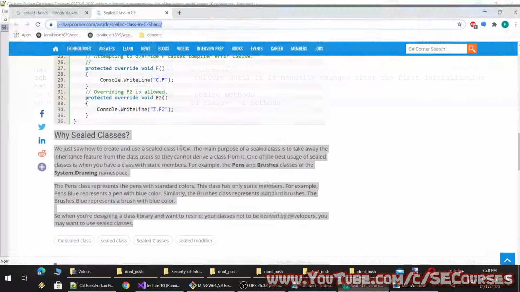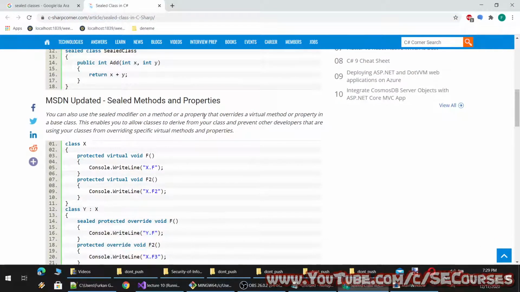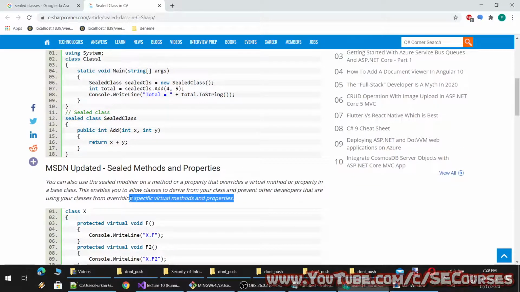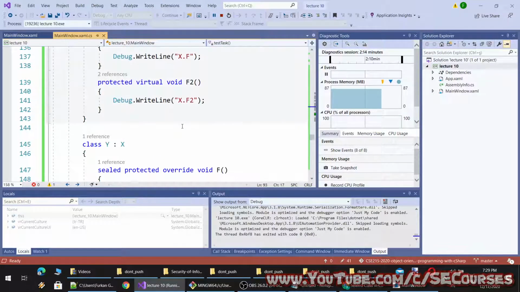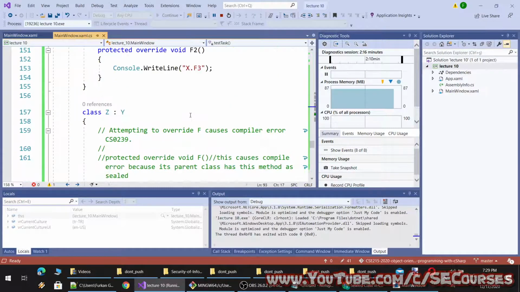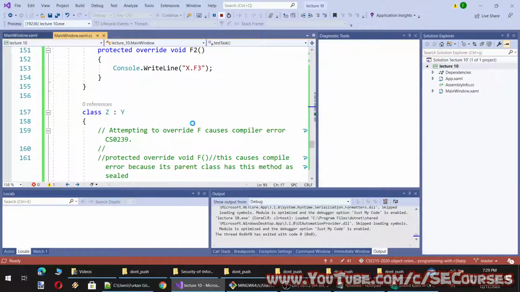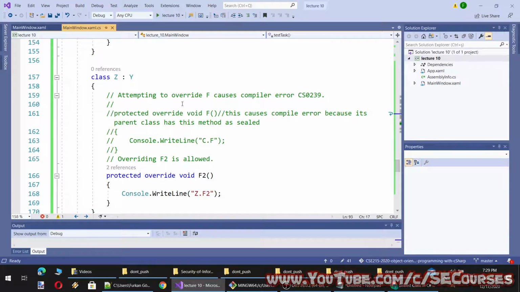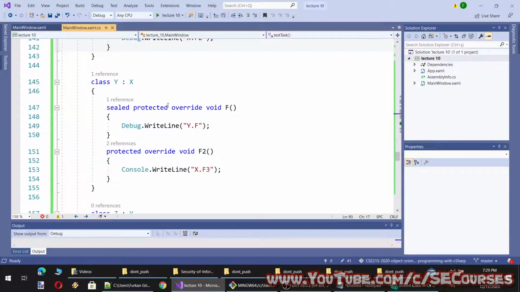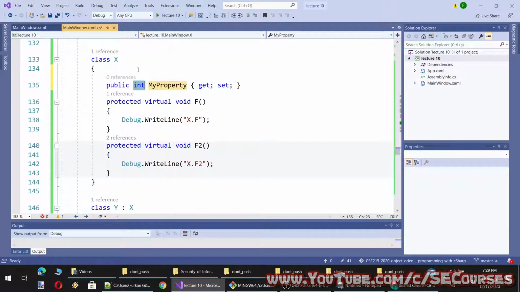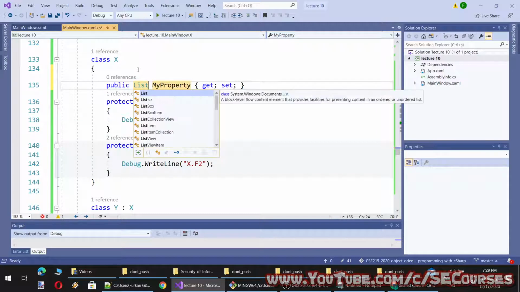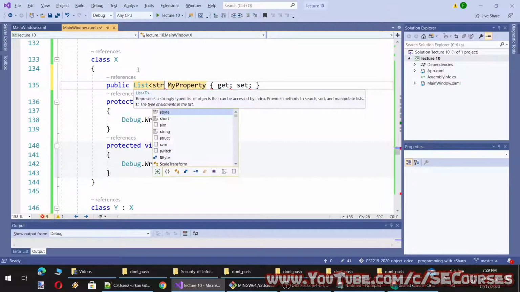Other than methods, can we compose any other thing? Okay, we can also use that on properties. Let's make an example of a property as well. So, what kind of property may we give as an example? Let's try a property which is not a struct type.